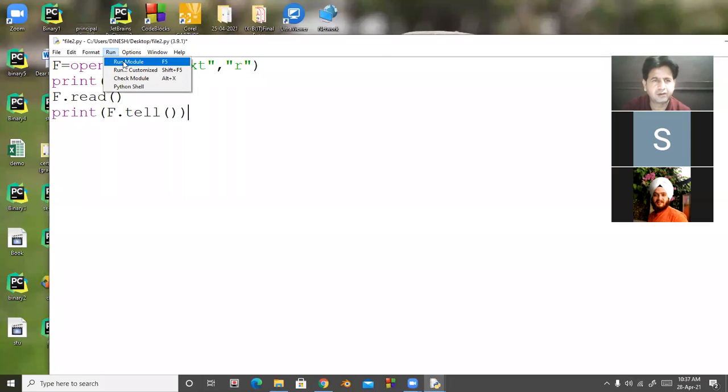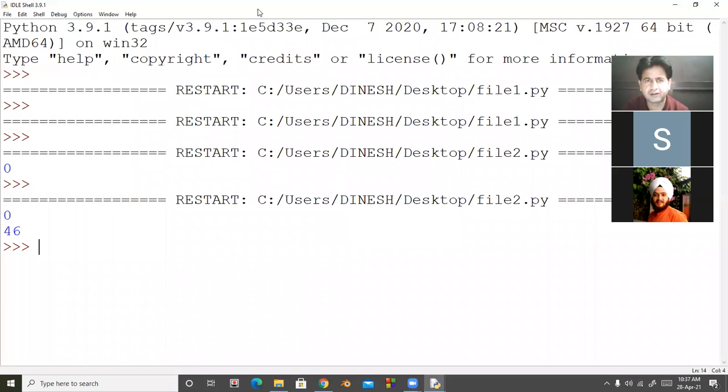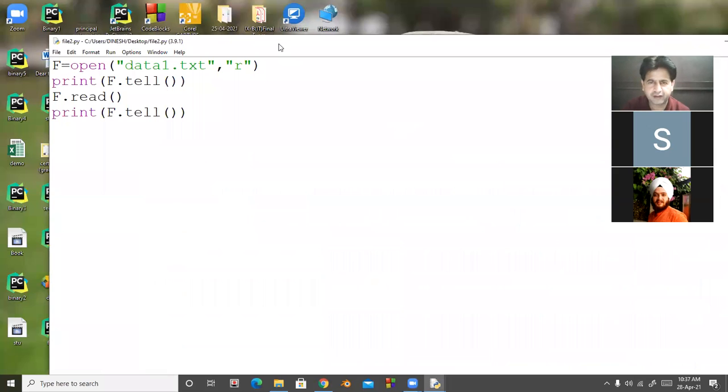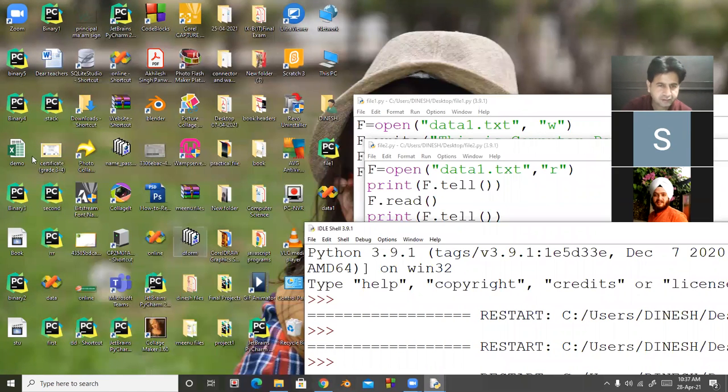I run the coding. So look here, the answer is 46. If I count the data in the file, I'm opening the file first. My file name is data1.